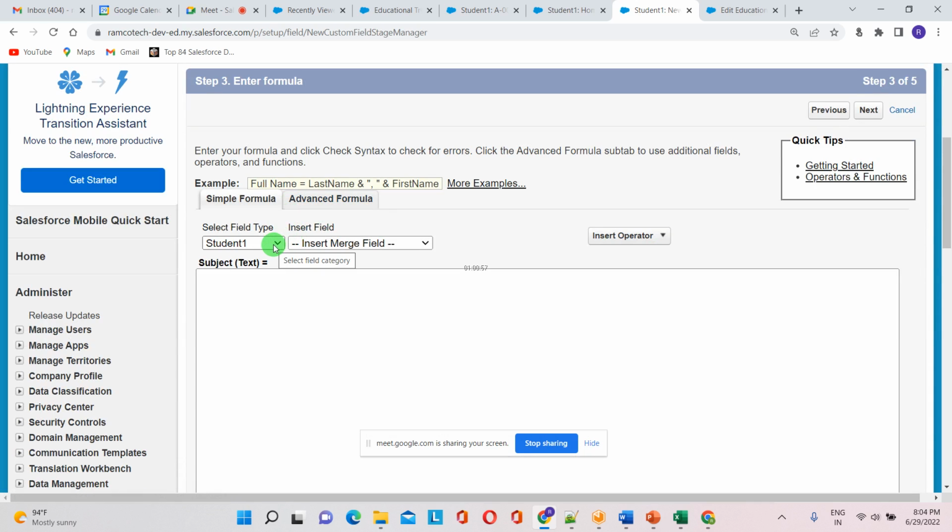Here in selected type, record number we can give, student name we can give, subject I'm giving. If subject equal to,